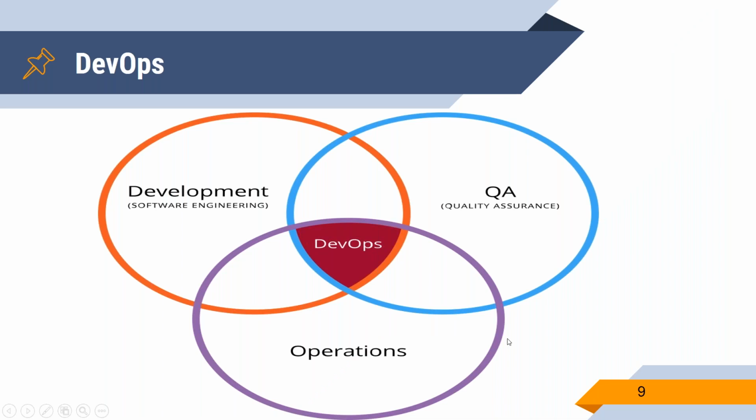And also in some scenarios, QA will also, if you see this slide, we have development, we have operation teams, and then we have a quality assurance team also. All together is called DevOps. Now they have another terminology called DevSecOps. It's nothing but they will integrate security also along with this. Whatever security gaps we are having in DevOps, that has been filled by DevSecOps.